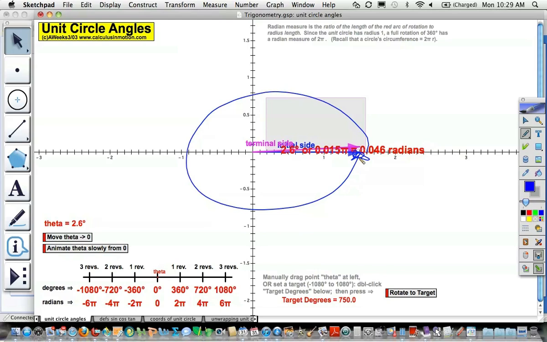There we go. As we go all the way around the circle,